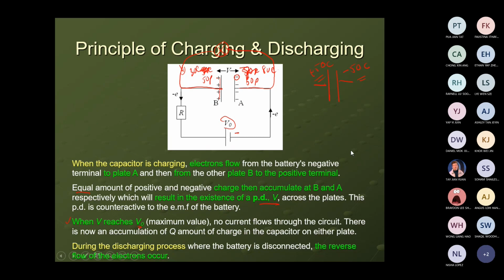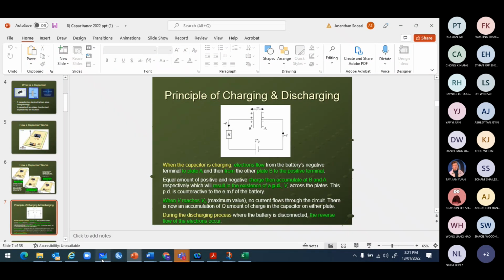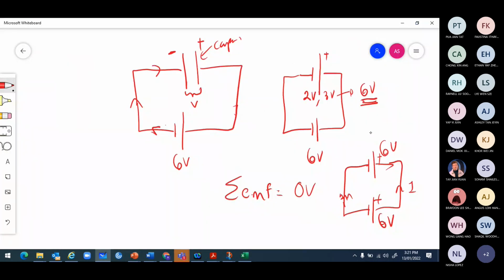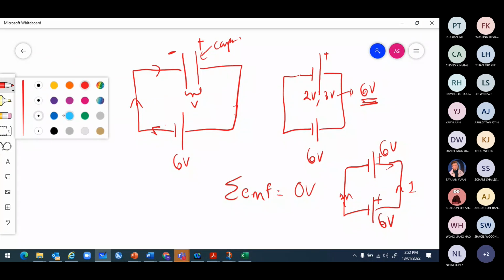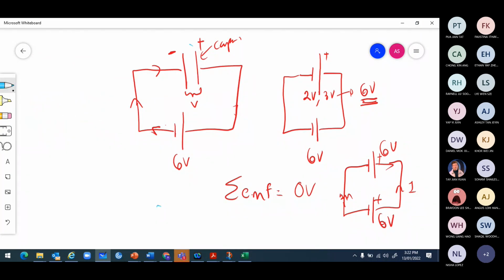So why is there no current flowing again? Because, as I told you on the whiteboard just now, look at this diagram. The capacitor tends to become like a battery, right? The voltage of the capacitor is increasing. The capacitor is actually like a battery, storing charge and energy. So when the capacitor voltage increases to 6 volts,